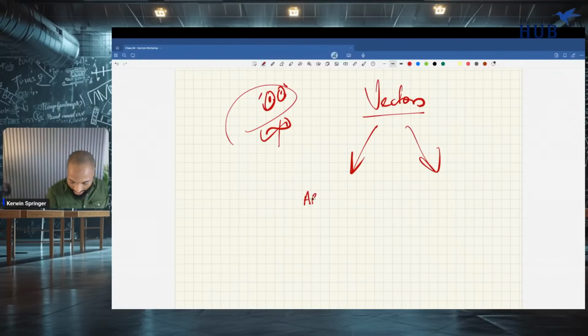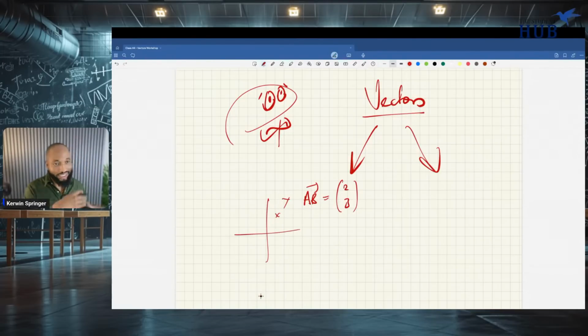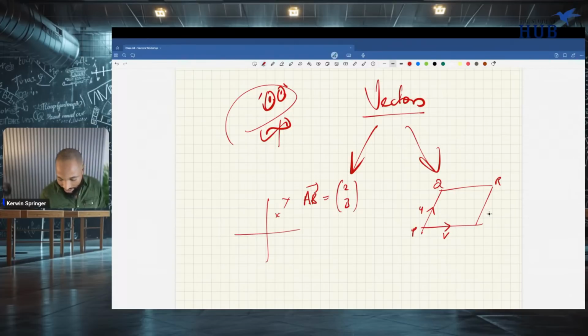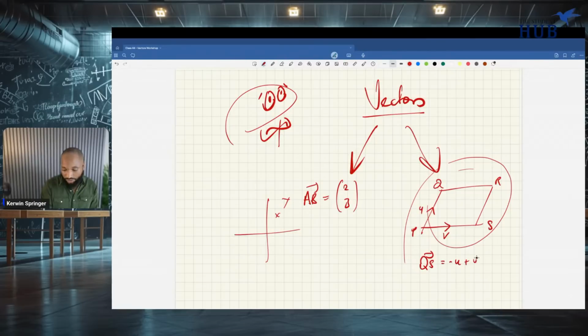You can get this kind of AB style vector with this 2, 3 format, and you'll see lots of points, or they'll tell you a point is this and a point is that. Or you can get geometry and algebra, where they won't put so many arrows, they might just put this arrow here and this arrow here. This is U, this is V, this is P, Q, R, S. So this is vectors and geometry, or vectors and algebra, and then they may ask you to find QS, so you have to know it's backwards U, so it's -U plus V. This one, you use stuff like the triangle law.